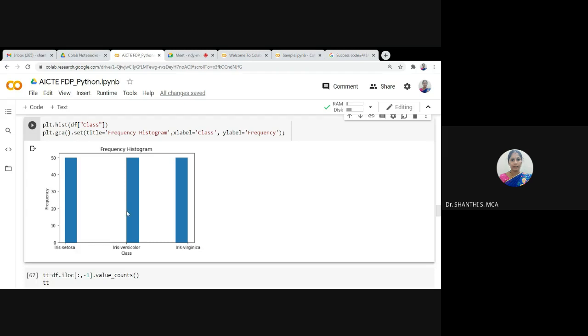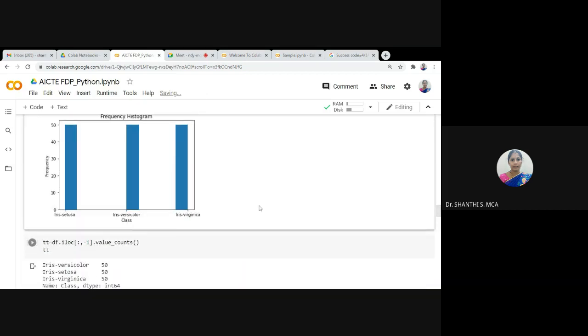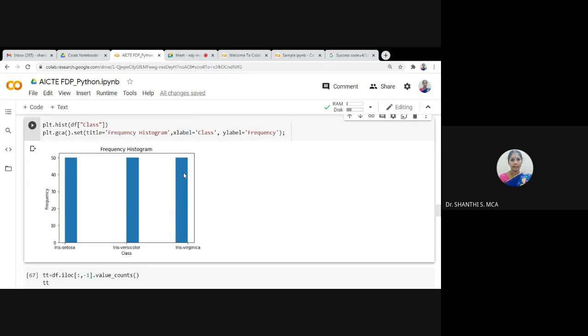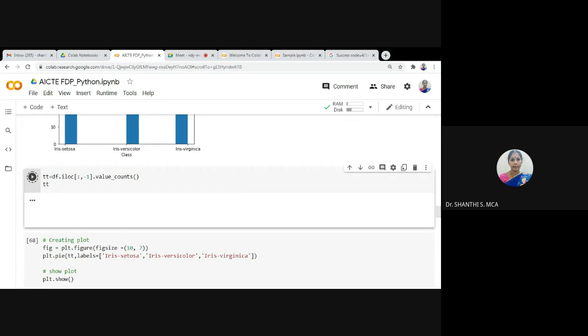In each class we have 50 records. So why I displayed this histogram for the class label is to know whether the data set is balanced or unbalanced. This is to count.